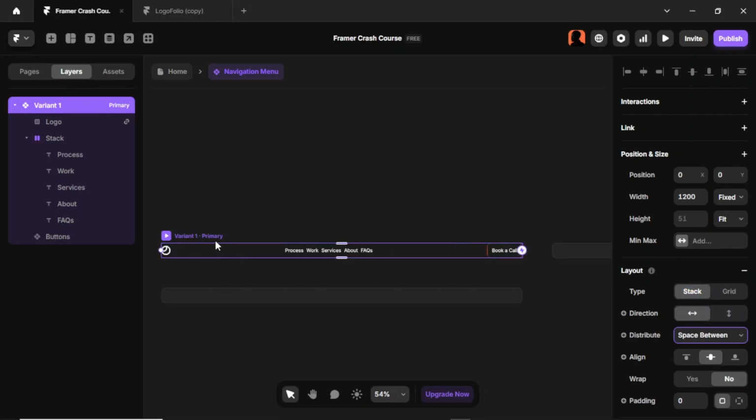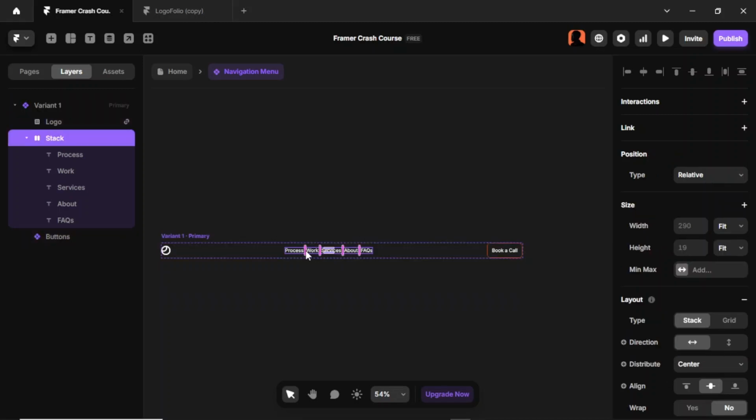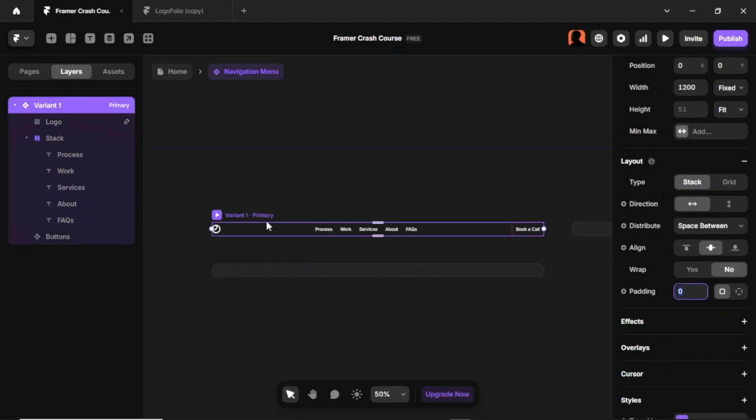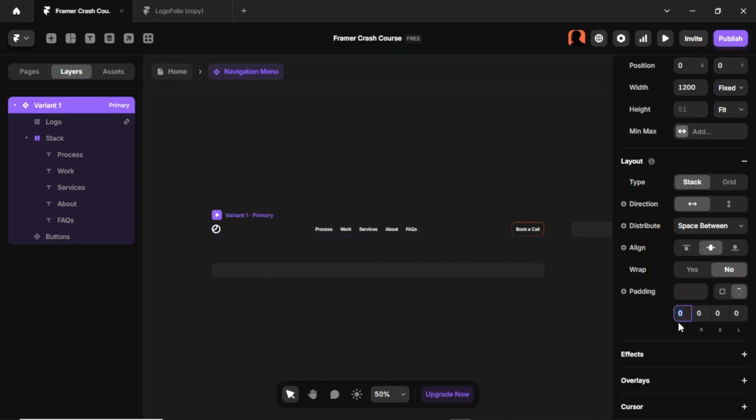So it gives space between these elements. Now I'm going to give some gaps in our stack right here. I'm going to give it a gap of, let's say, 29. And our navigation is supposed to have padding around it. So I'm going to just give it a padding of top of 19,